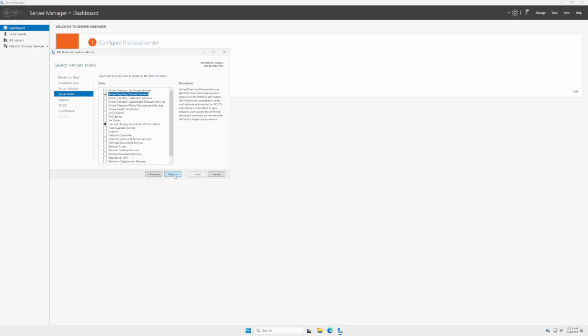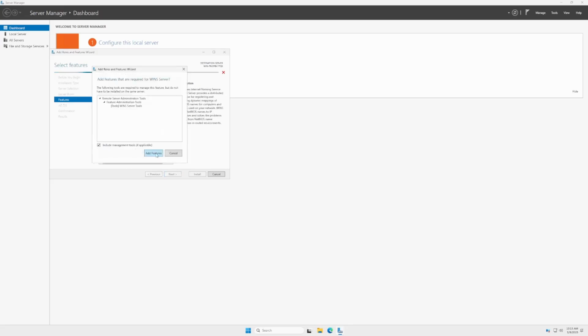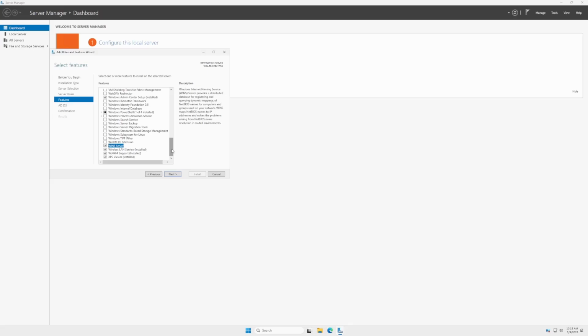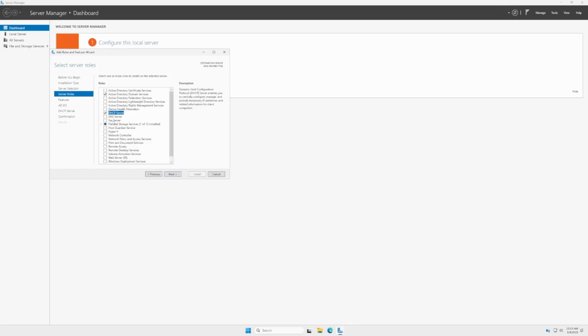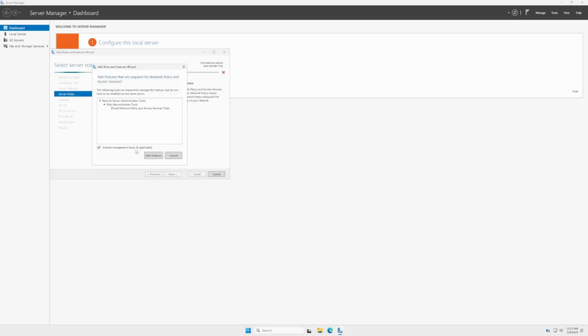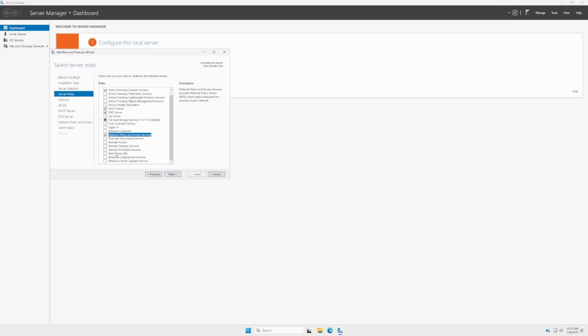Click Add Features. Next. We're going to scroll down to features until we find WINS. That way we can install Active Directory and WINS at the same time. You can install more than one server role. So if you need DHCP, we'll go ahead and select that. DNS, network policy, web server,